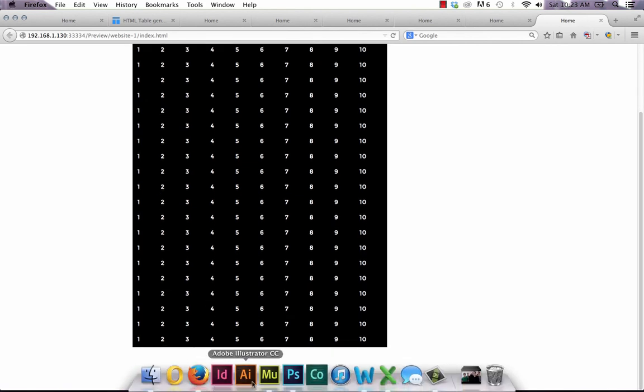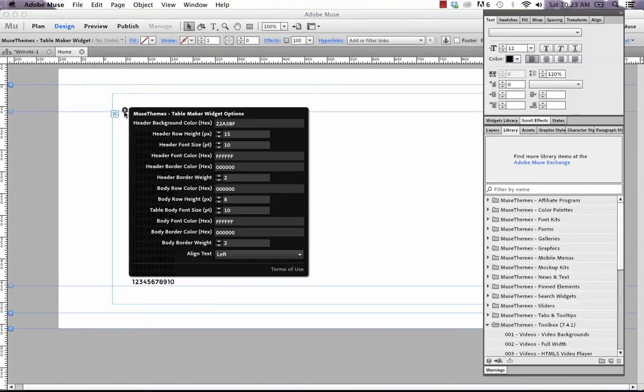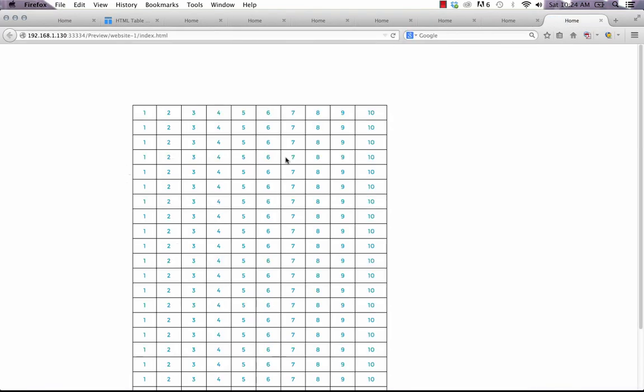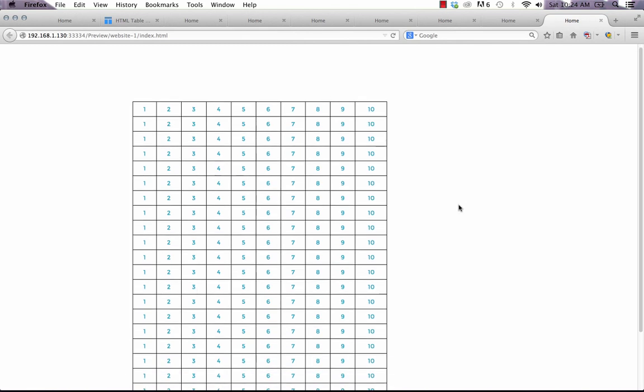And of course, you could style this text as you needed. So for this one, you may not want that black background. So let's just change that, for example purposes, to white. Let's go to a blue color text. Okay, and then, you know what, let's put a black border on that area right now. And we'll change the alignment to middle. Okay, let's preview this and see how it looks now. There. So as you can see, this is a really powerful widget, and using that generator tool online means that